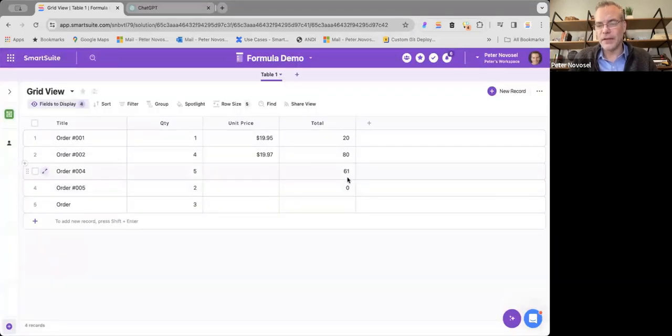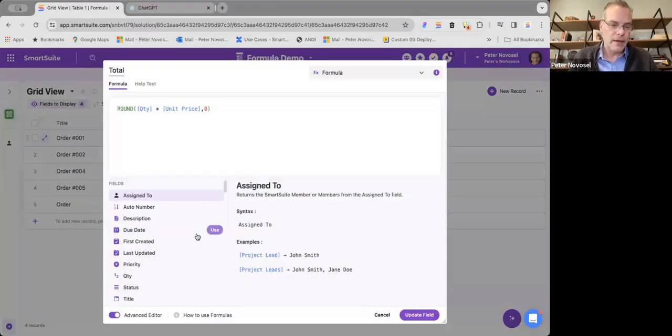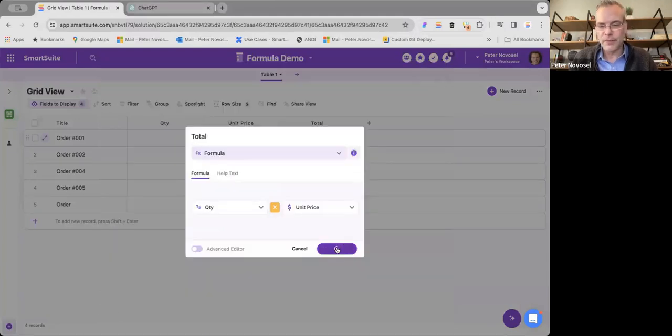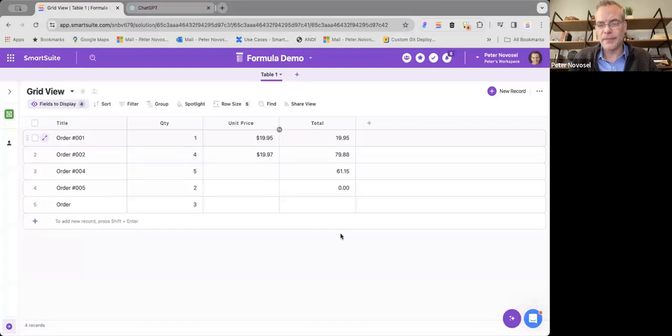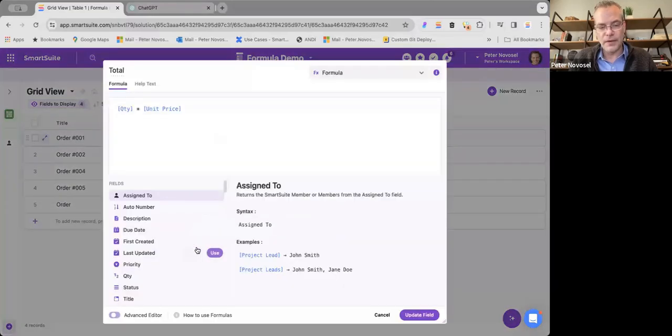I can update the field, and here we go. We have rounded our number. Now, you probably don't want to do that in this type of calculation, so we could just flip it back, and that's gone. Now, one thing that we do is we're removing all of the other functions that you've